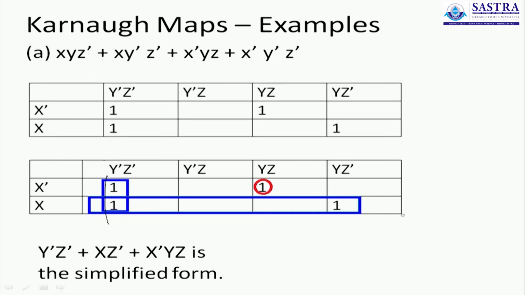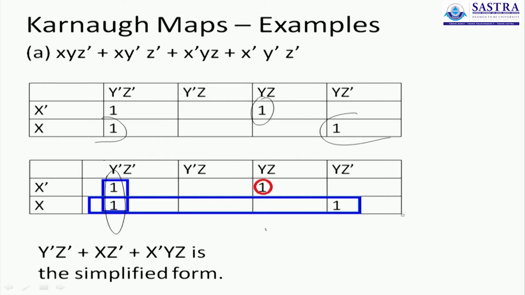Now when you look at this example, this is what you have. I can group these 2 ones because they are adjacent. I can group these 2 ones because they are also adjacent, because when you look at it in a 3D way, the first column and the last column are also adjacent. And this one is isolated. You can't group it with anything else, so you leave it as it is. Now once you have grouped, you can go to the last step to complete the problem.